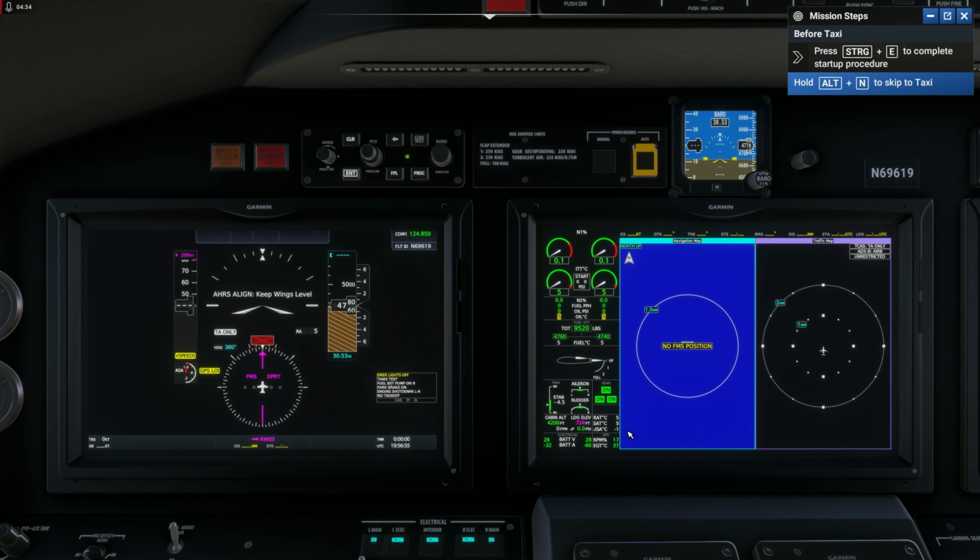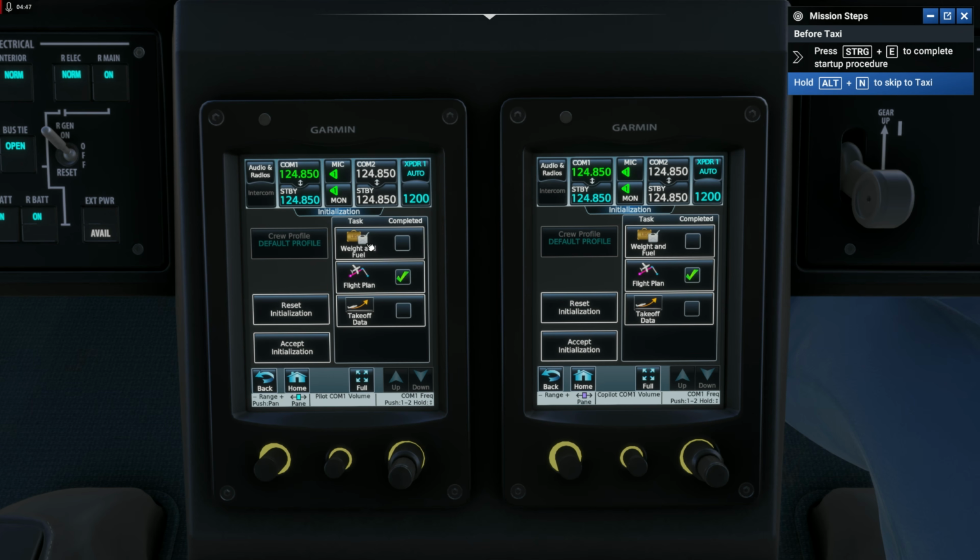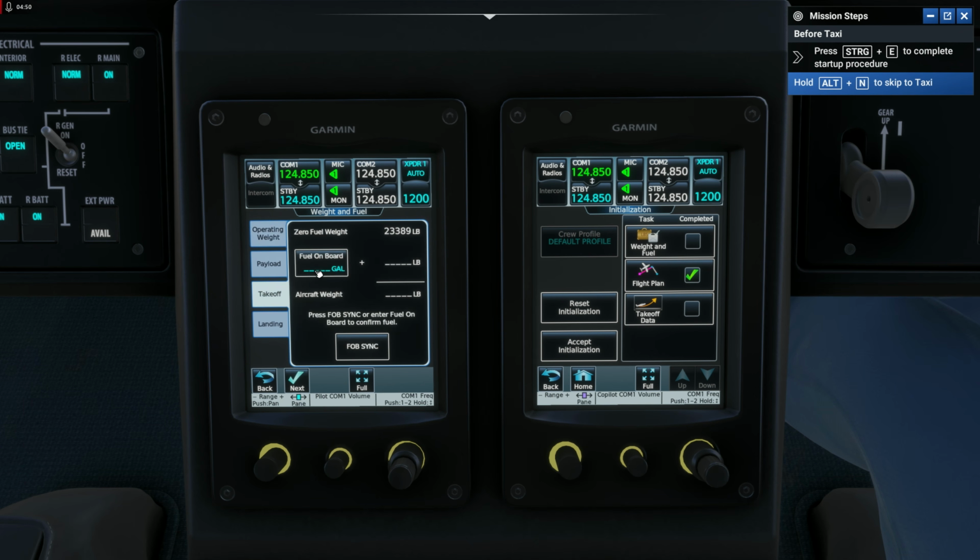Let's look to make sure it's running up. Here it is, the APU, really small, hard to see. Wait till that reaches 100. But even after that, it's still going to take some time to fully run up. So while that's doing that, let's go ahead and get everything ready. Start and wait, fuel, takeoff, FBO sync, next,